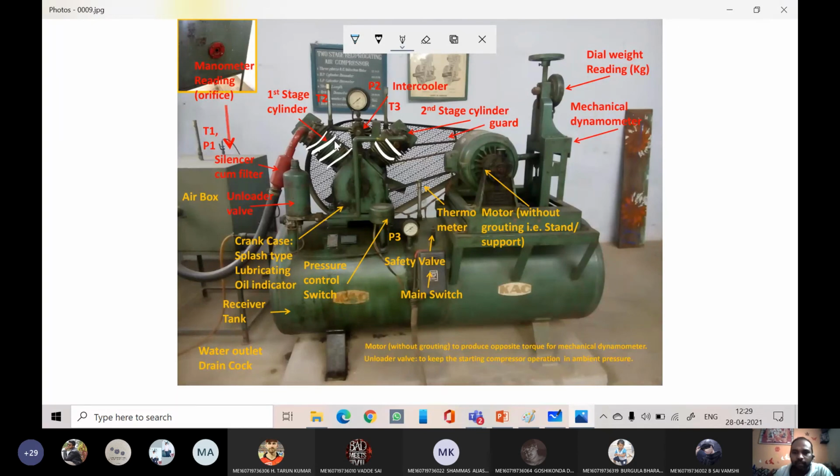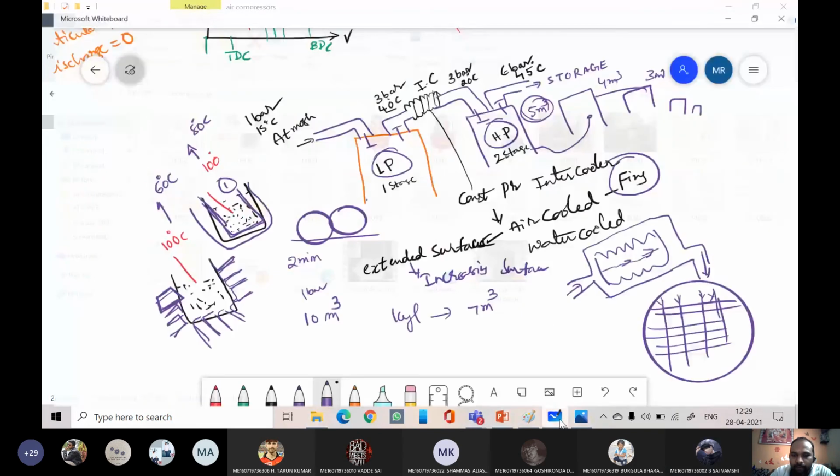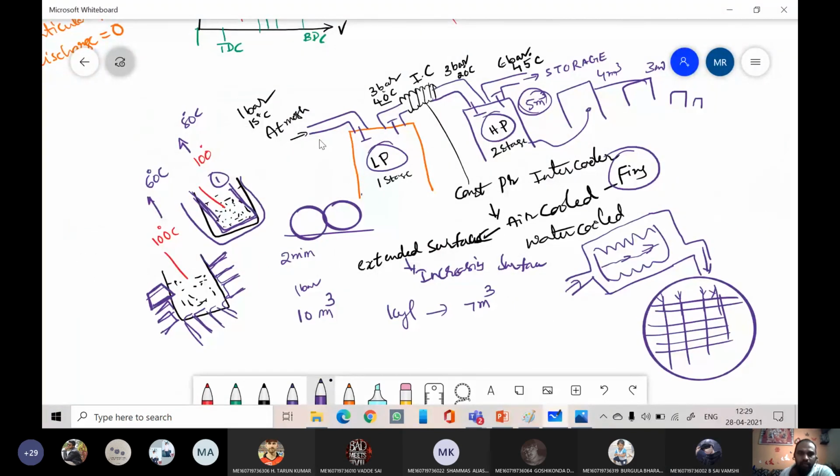Right, students? Yes, sir. Here, what is happening: first, the low pressure cylinder takes the air from the atmosphere. It will compress, and the pressure rises to some medium pressure. Again we need to decrease the temperature. Therefore the outlet of the first cylinder, the low pressure stage, is connected to the intercooler. Through the intercooler the pressure remains constant but only the temperature drops, and this low temperature high pressure air from the first stage will be admitted into the second stage, thereby the pressure will be raised.